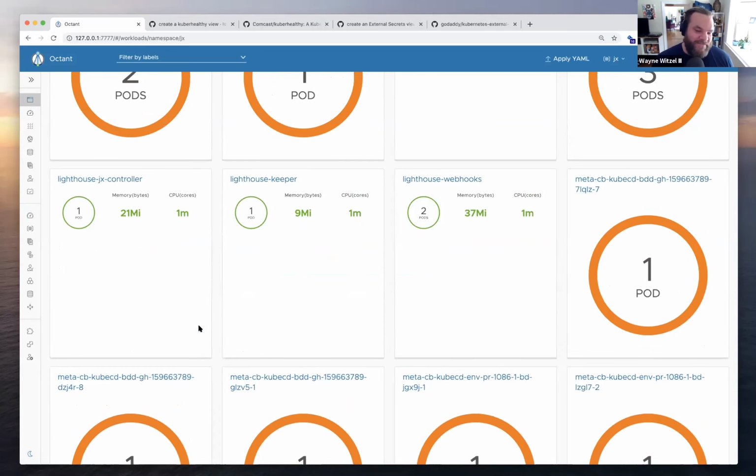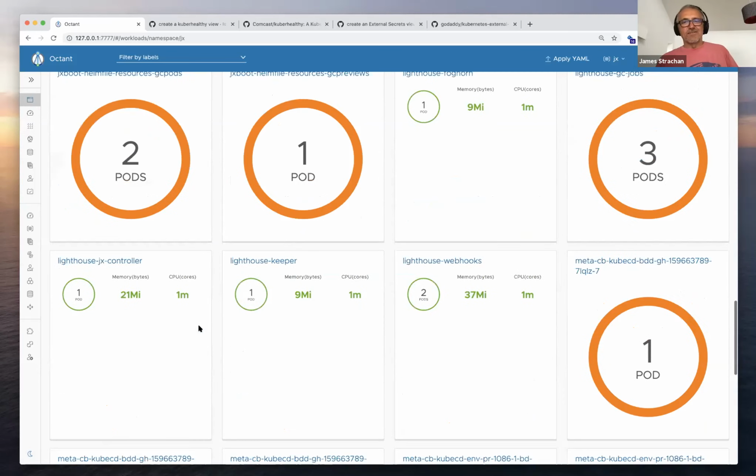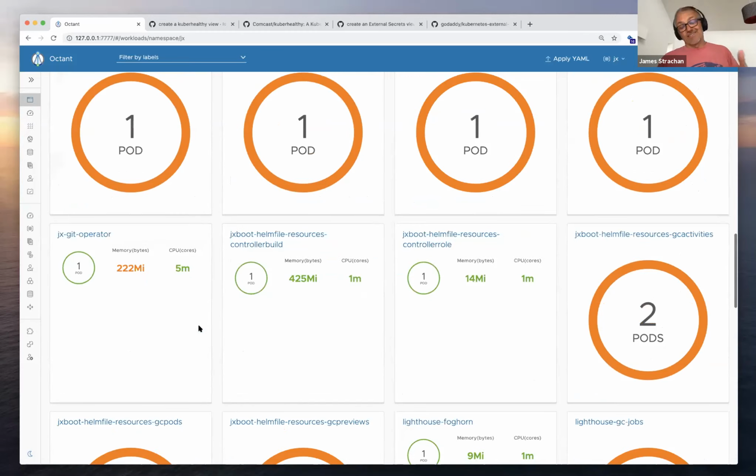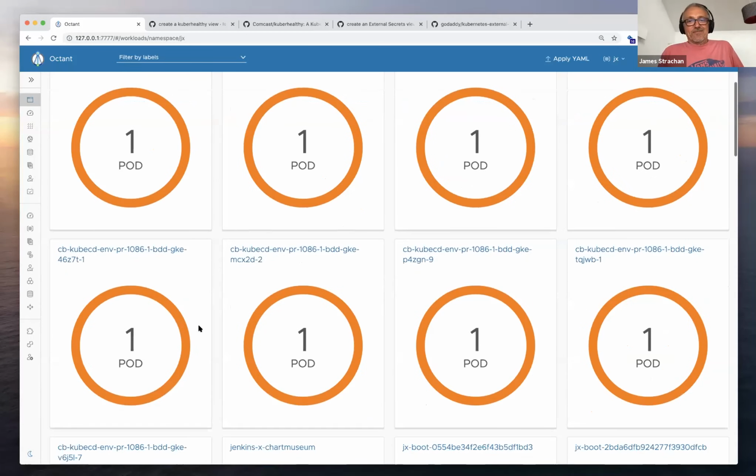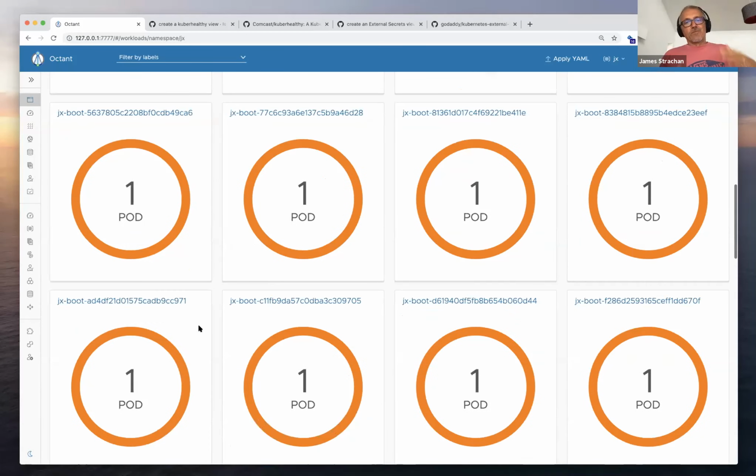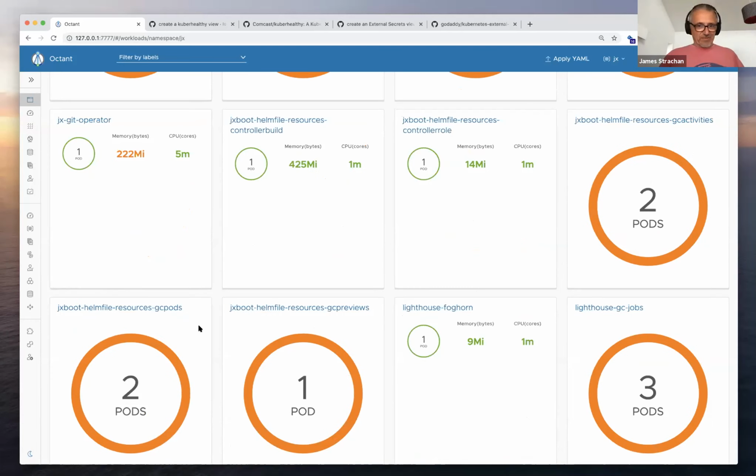Yeah, Jenkins-X manages to mess up this view a little bit because it's Tecton really. All the Tecton pods look like an app, which is slightly over the top really, because each one's totally separate. So it'd be nice to maybe figure out a way of grouping them as just a big pipelines app or something like that. But